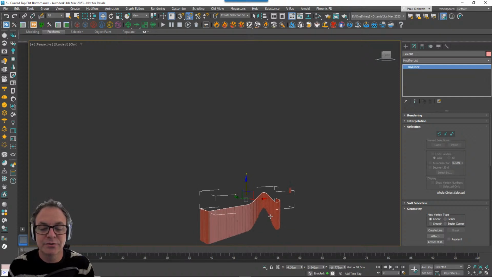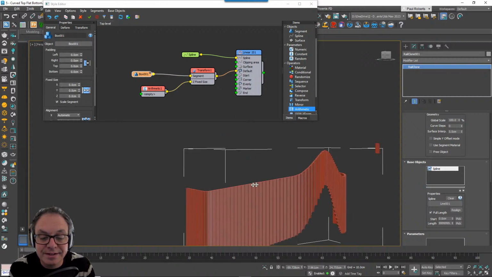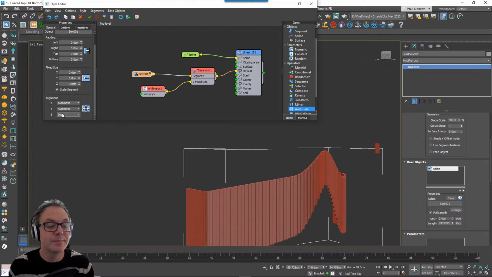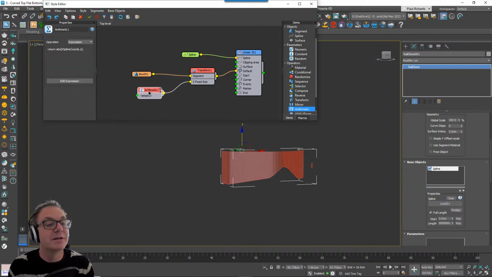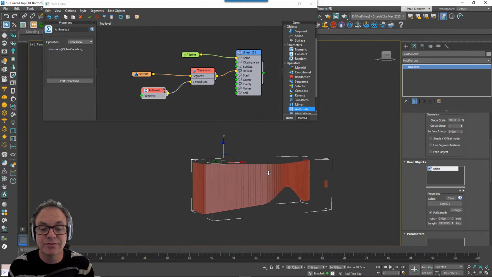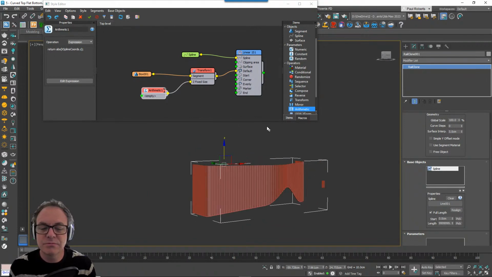And of course I'd also need to change the alignment of this segment so that instead of being underneath the spline like it is at the moment, it needs to be on top of the spline now. So there we go. Now I've got a flat top and a curved bottom. But you can see it's just this one little bit of code here, absolute X-spline chords.z. You can do all kinds of stuff with that. It's quite good for fences and things when you want curved tops or all kinds of stuff.